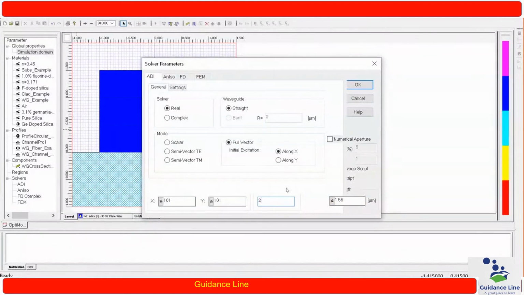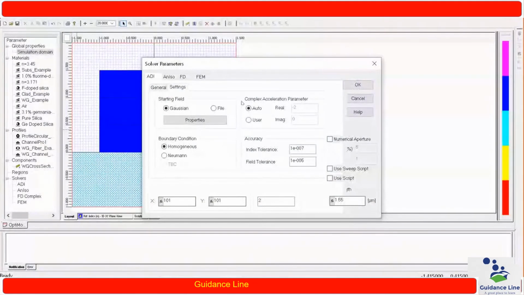Apart from that, the wavelength we have set over here is 1.55, and in settings we are making this arrangement of the complex acceleration parameter, and I am making it 10. This may take a little bit more time, but it will give more reliable results. And the rest of the parameters I am leaving unchanged.